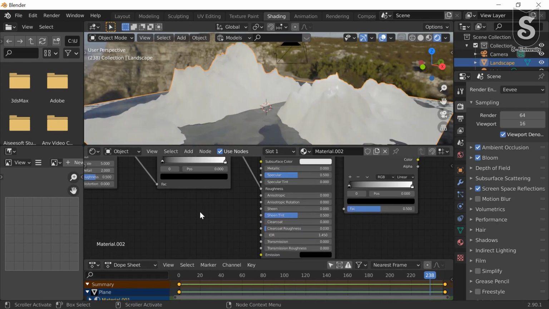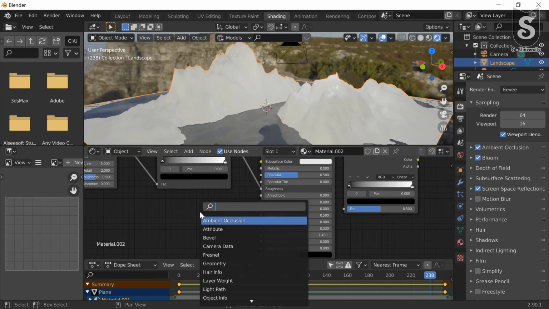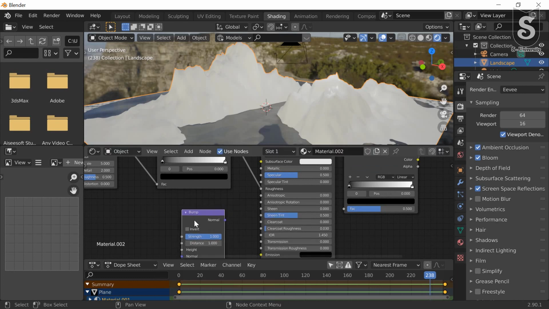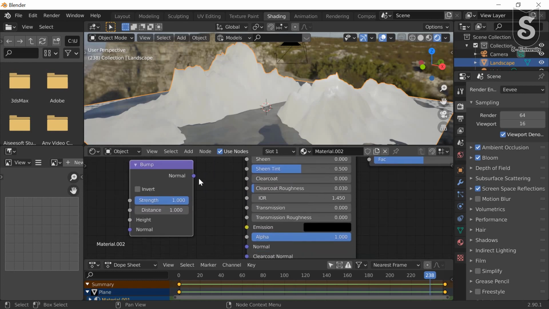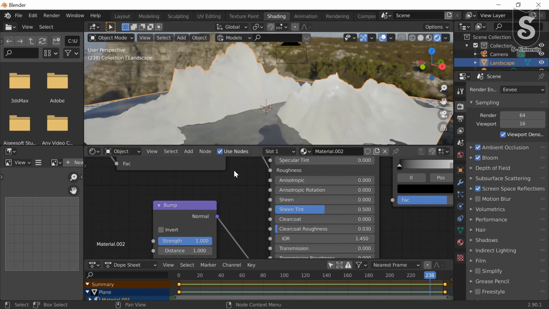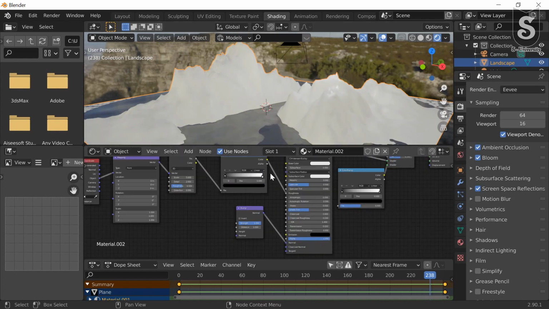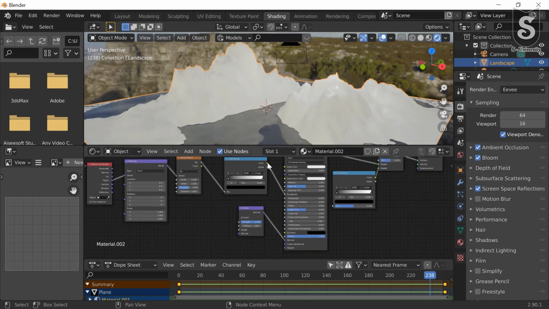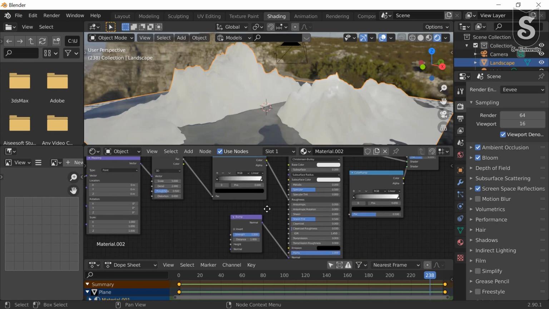Now insert bump. Connect with normal of BSDF. Now connect output of color ramp to the height of our bump.